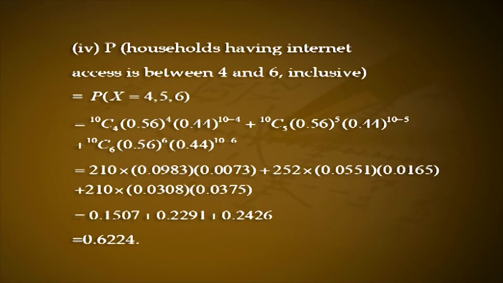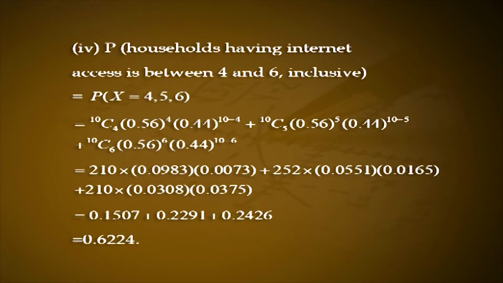4, 5, 6, that is 10C4 into 0.56 raised to 4 into 0.44 raised to 10 minus 4 plus 10C5 into 0.56 raised to 5 into 0.44 raised to 10 minus 5 plus 10C6 into 0.56 raised to 6 into 0.44 raised to 10 minus 6, that is 210 into 0.0983 into 0.0073 plus 252 into 0.0551 into 0.0165 plus 210 into 0.0308 into 0.0375, that is